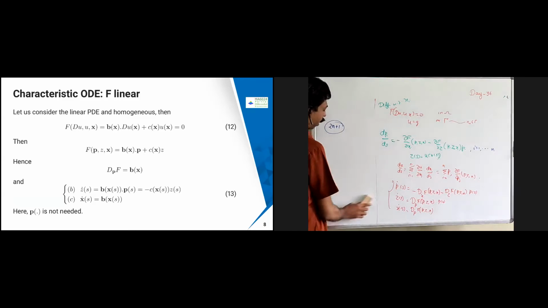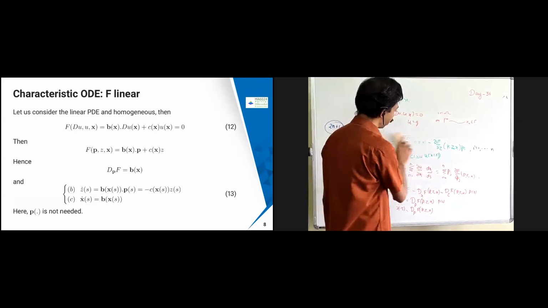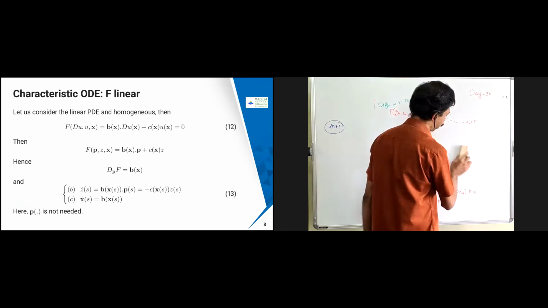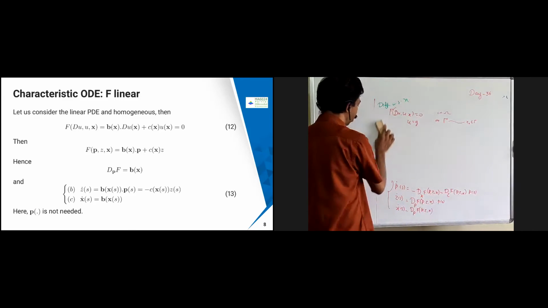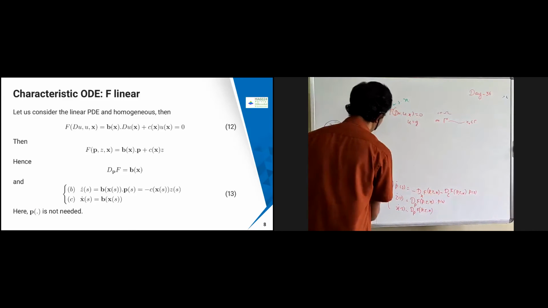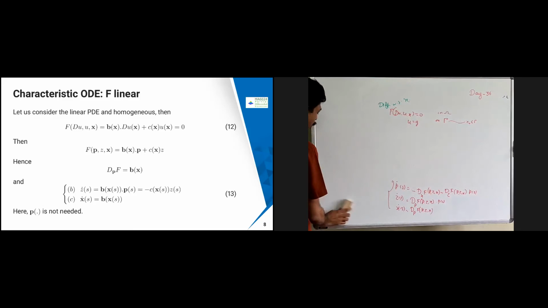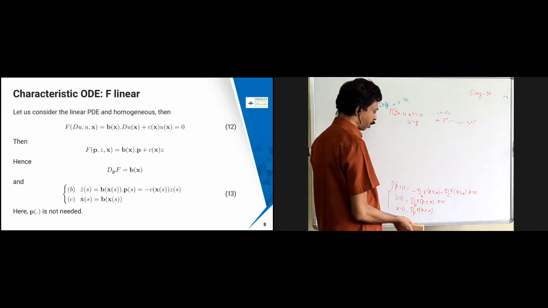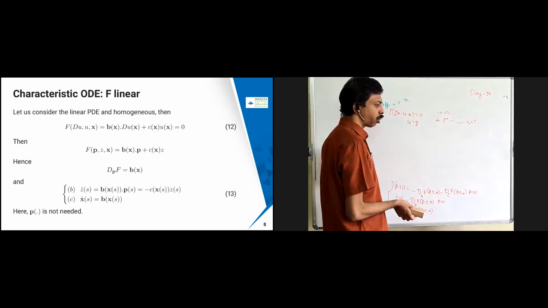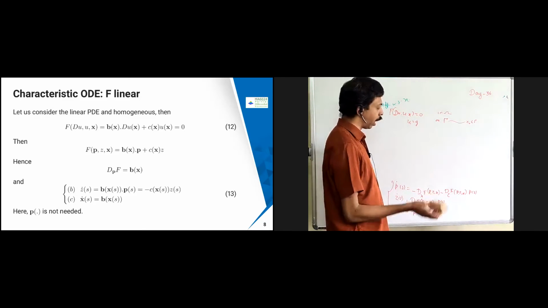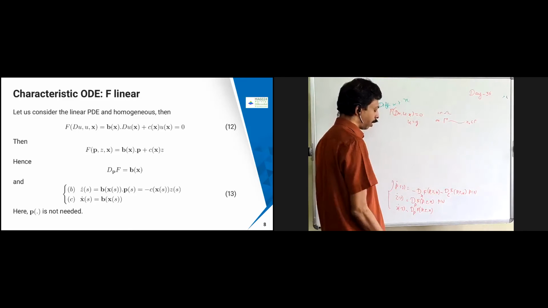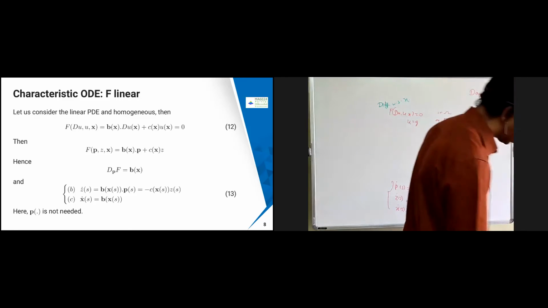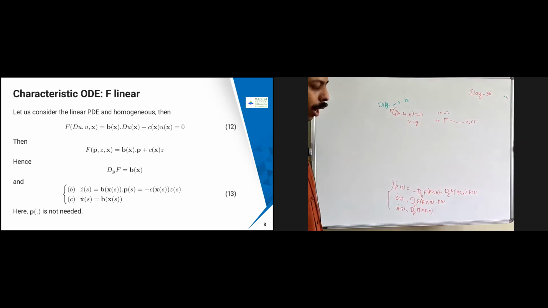So let us see how to obtain the characteristic for that. It's almost the same as what we did in the method of characteristics. We saw it from the geometrical representation, we obtained that and then proved it. Mostly we were dealing with either 1D or 2D cases. Now we are generalizing it for a general first order linear PDE in n variables.